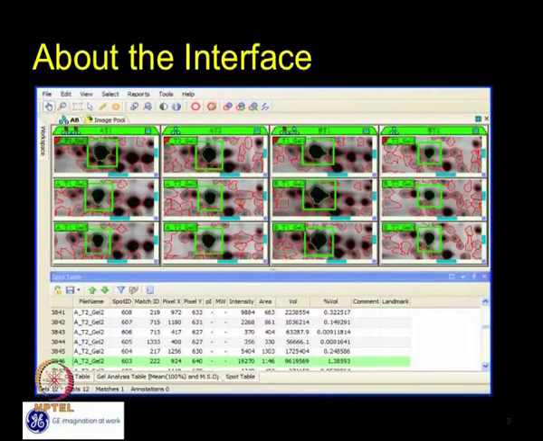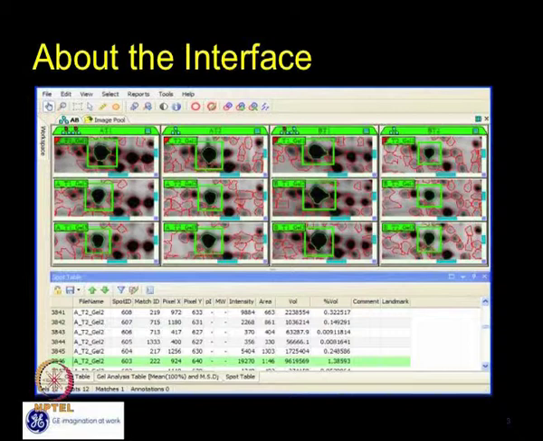If you look at the overview of this particular IMP software, there are three major parts. One is the icons, where you can see the file tools as well as edit and view. After that you can see the image view, the images which you are visualizing, almost all 12 gels at a time, at one place. And the third view shows the total number of gels present here. These are all the major visualization parts in the software.